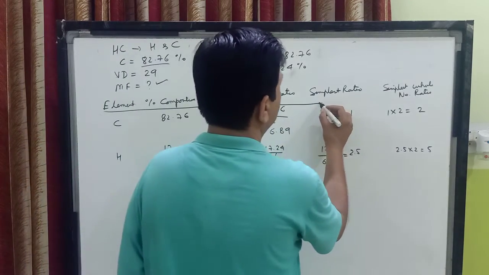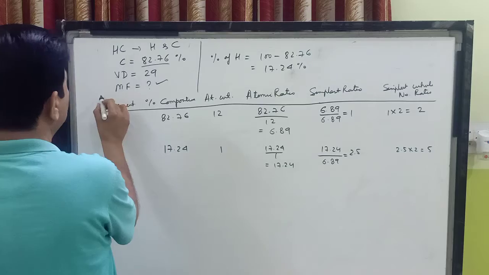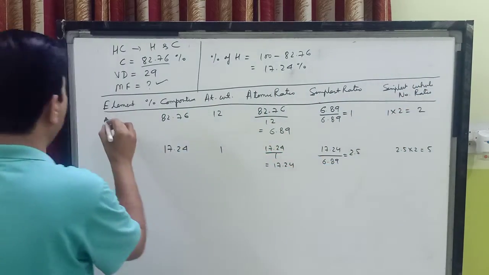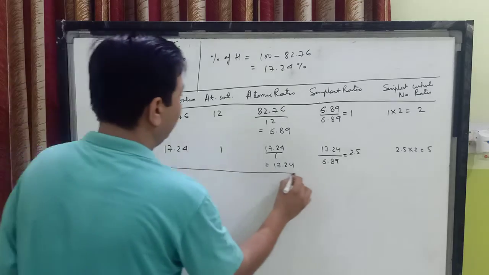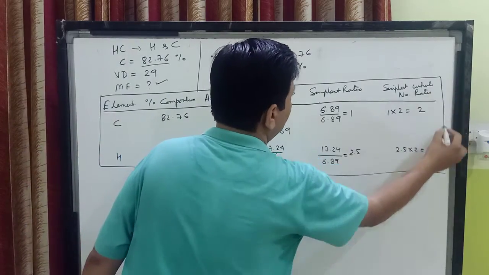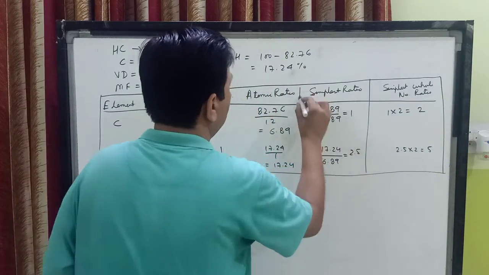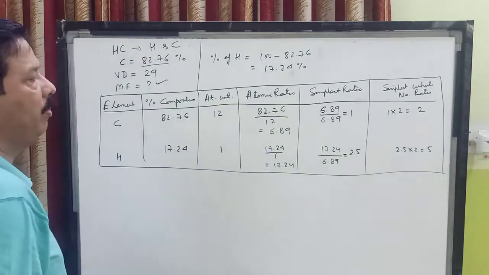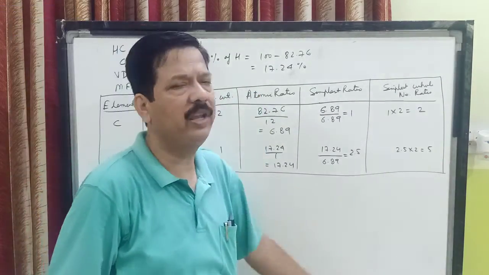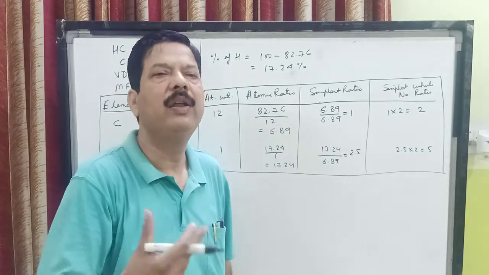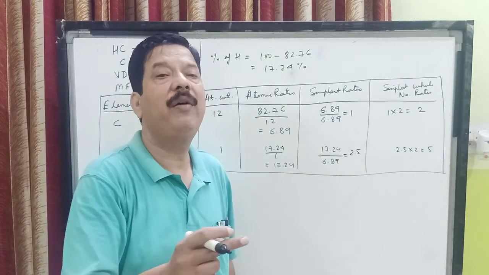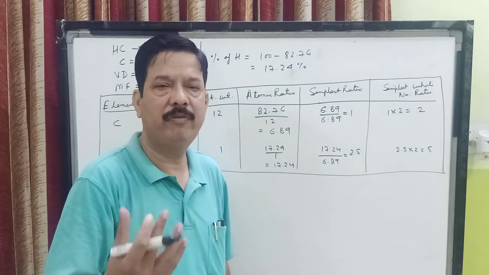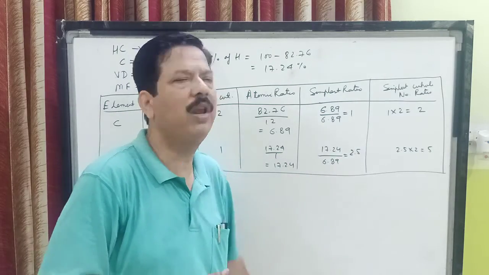And children, we can make it into a column as I told you. So I hope this empirical formula you have followed, and in this we have got one new thing: if the simplest ratio is coming in fractions, we multiply it by a value to get a whole number. If it would have been 1.33, then we would have multiplied it by 3. If it would have been 1.25, then we would have multiplied it by 4 to get a simplest whole number ratio.